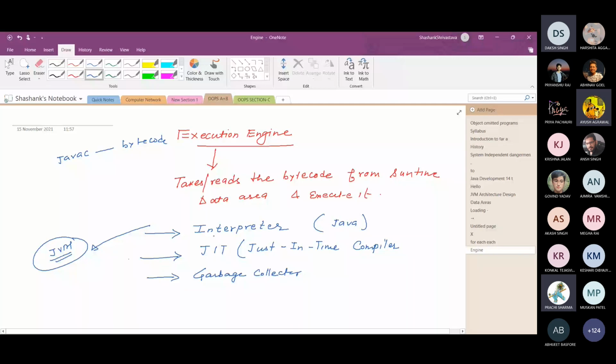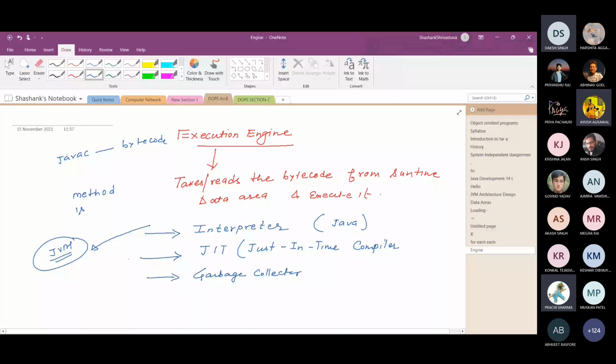But the problem with the interpreter is this: suppose a single method is called multiple times, say 100 times.